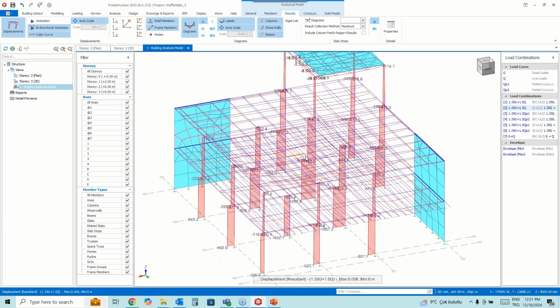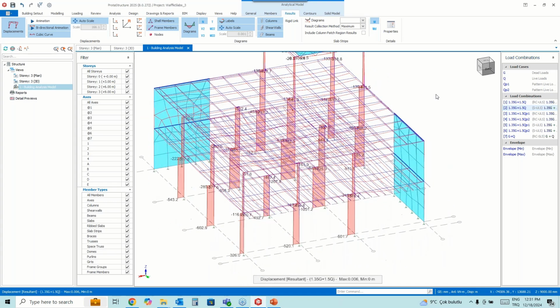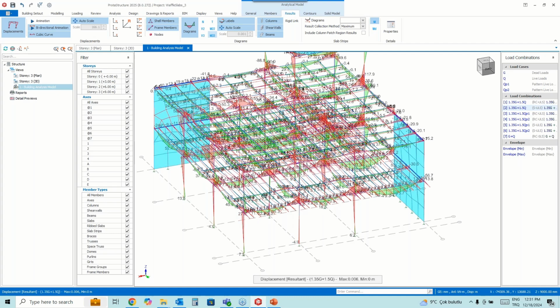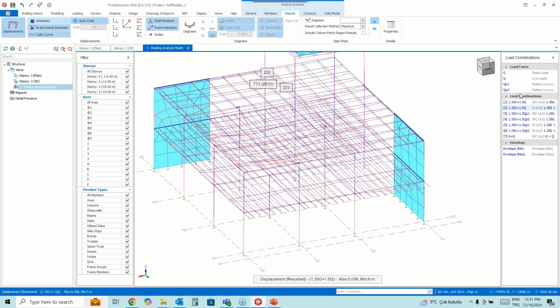And also, for example, bending moments or shear forces can be easily reviewed from the diagrams part. Let's turn off the diagram, and you can also see the animation under the selected load combination.